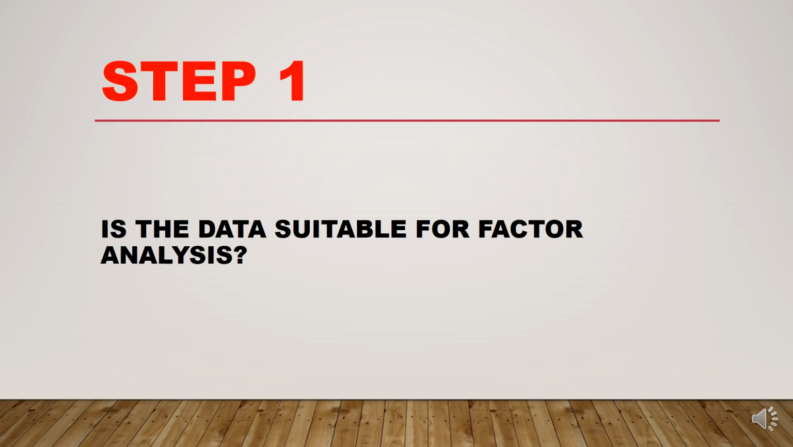Step 1. Is the data suitable for factor analysis? With regards to how many participants are required for each variable, sample to variable ratios are denoted as N and P, where N refers to the number of participants and P refers to the number of variables. Variable ratios are the following. For example, 3 is to 1, 6 is to 1, 10 is to 1, 15 is to 1, or